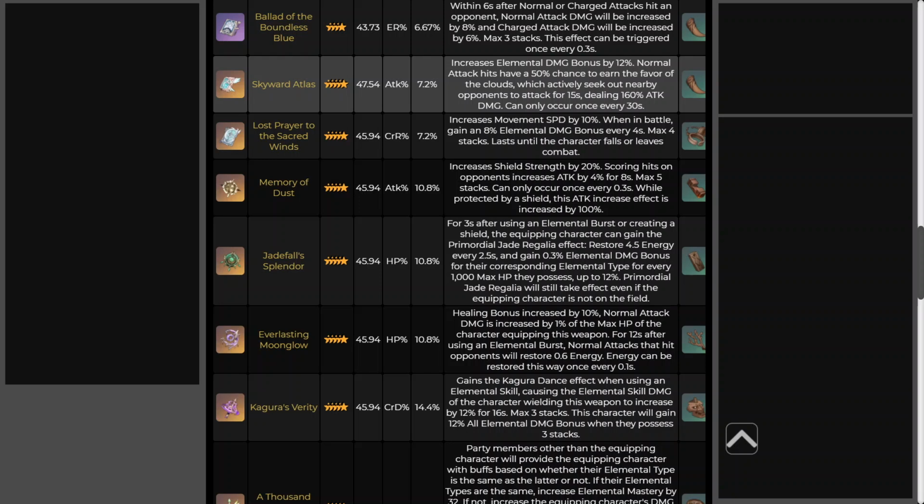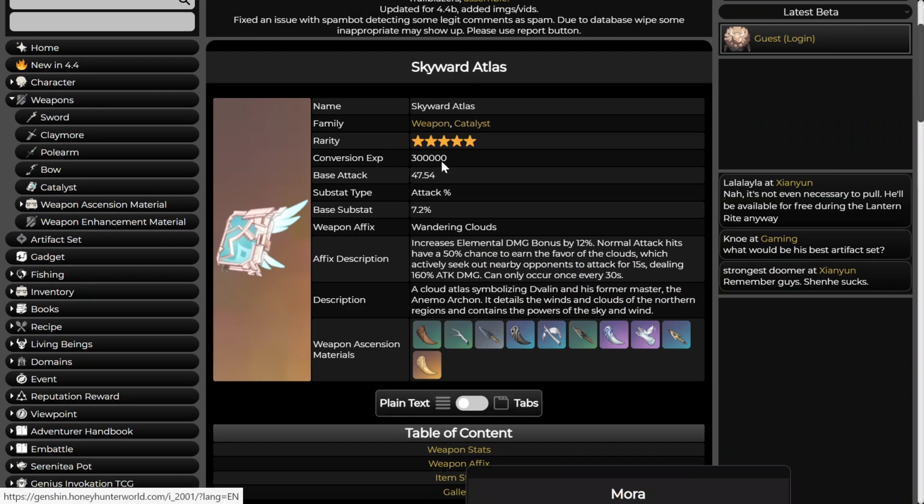Right. So basically, guys, this has a passive where if you do damage, or normal attacks in this case, to opponents, for the next 15 seconds you're basically going to have an effect with a 50% chance to proc an extra source of damage. Now, it has a 15-second downtime, in which case you'll only have the attack percent and the elemental damage bonus. Which, it's not a bad option, but to be fair, because this weapon is actually a weapon that's